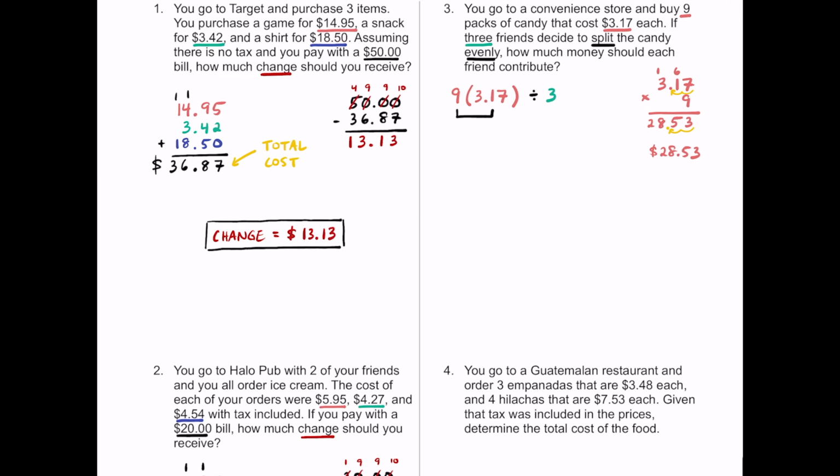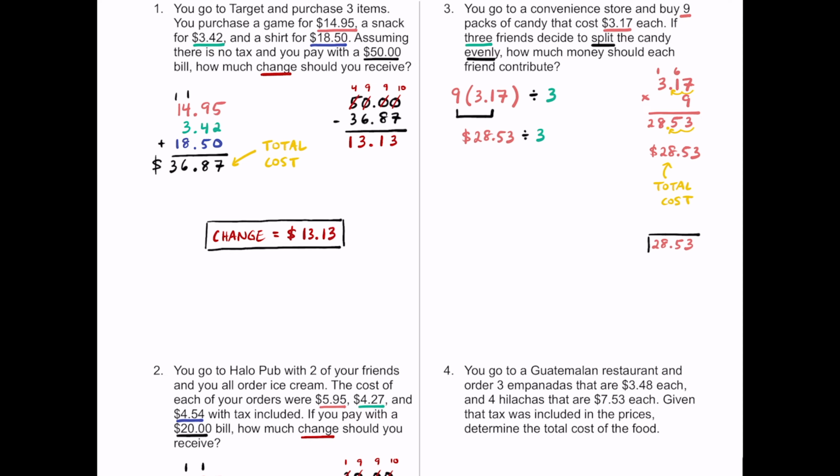$28.53, right? So this right here is going to be the total cost. Let's write that down as $28.53. Now we're going to take all this, and they say let's split it between 3 people. So let's divide this by 3 now. All right, let's use our knowledge of long division here to solve this. So this is going to be